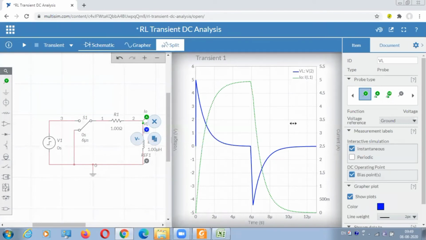Don't go check the axis, check the axis accordingly. Current axis right hand side, voltage axis left hand side, and x axis is always time. So no need to see that. See, if you take these values over here, it is going like this. Voltage, as we know, it will change its polarity. See, it has changed its polarity going in this direction. Current will remain in the same envelope.